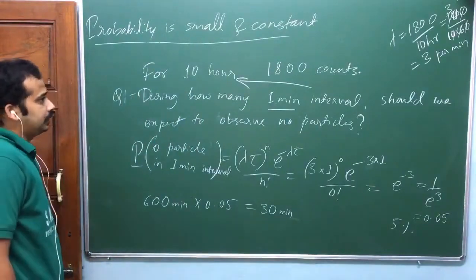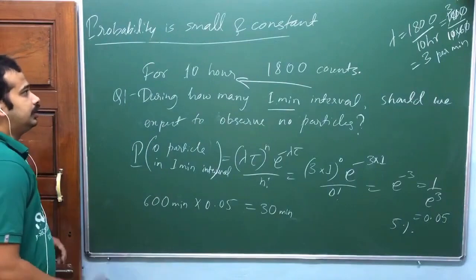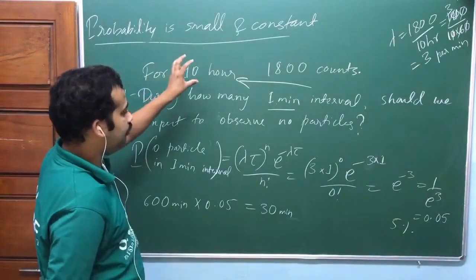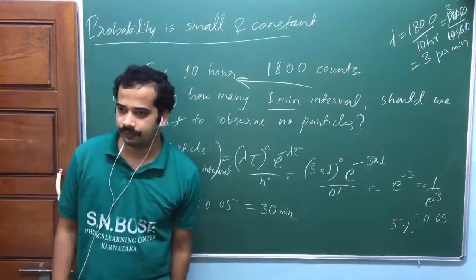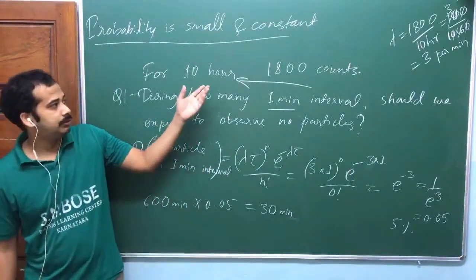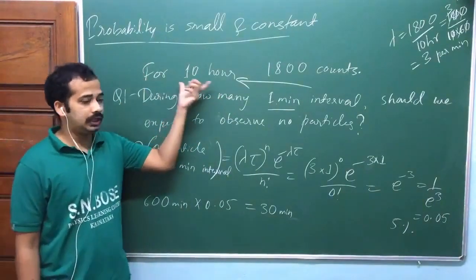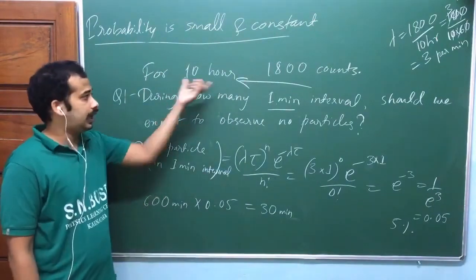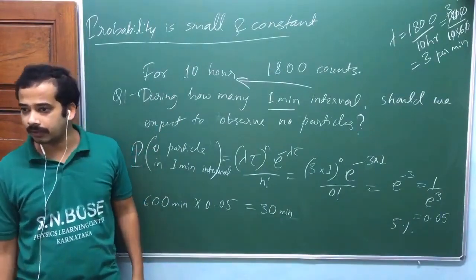Again, if you take any radioactive decay problem, this is a radioactive decay problem, isn't it? If the probability is not constant, we can't apply this, okay? This 10 hours should be very, very small compared to your half-life. The half-life may be years or something, so this 10 hours should be much smaller than the half-life. Over this time, your probability of emission should not change. Are you getting my point?